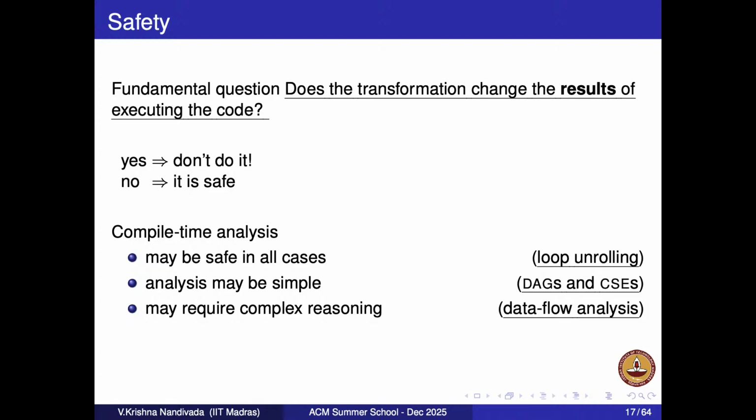Safety, non-negotiable. If you can say that this can be done safely, only then do it, else don't. We are not talking about those cases where we can tolerate some loss of precision. Sometimes reasoning about safety to do this transformation is easy, sometimes it requires a lot of detailed analysis. There are some optimizations which are always safe. Some are not. Some require reasoning.